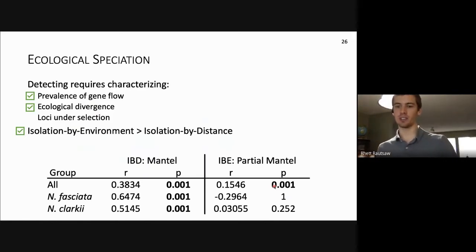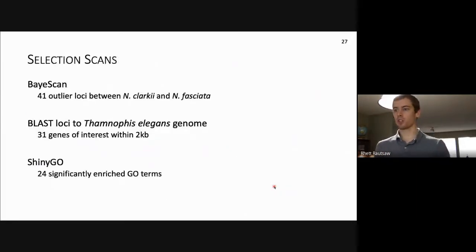The last thing we need to do is look for those loci under selection. Because we're dealing with salinity, the genes that are under selection, again, should be those associated with ion transport and osmoregulatory function. To test this hypothesis, we ran a program called Bayescan to look for outlier loci between our two species and found 41 loci of interest. We then took these 41 loci and blasted them to the Thamnophis elegans genome, which is the closest relative genome that we have. And we extracted genes which fell within 2 kilobases of a blast match. And this led to 31